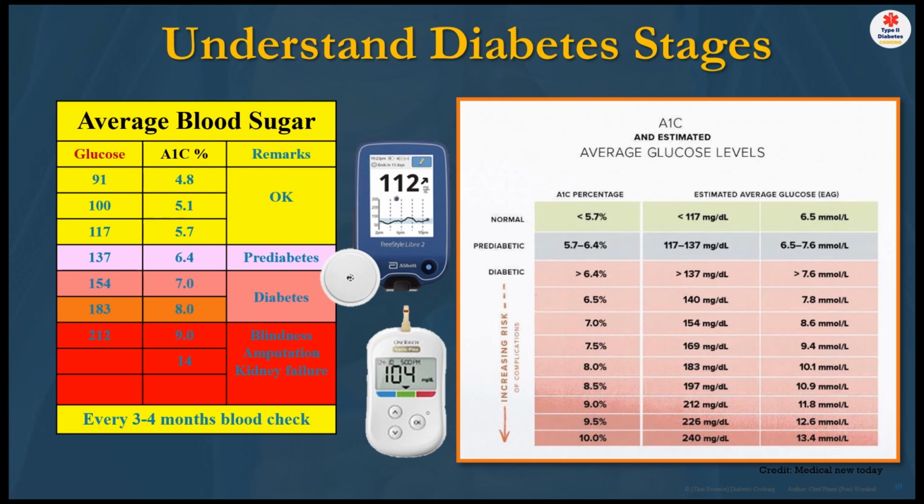So you have to understand the diabetes stages, because a lot of things they will talk about A1C, you got 5.7, 6.0, blah, blah, blah. And then you have to do the blood test. You nick your finger and you do a blood sugar test. And then the chart you see right now, if your blood comes out 140, then on average, more or less you are 6.5 A1C at that day, because every day you take the test, it will come out differently.